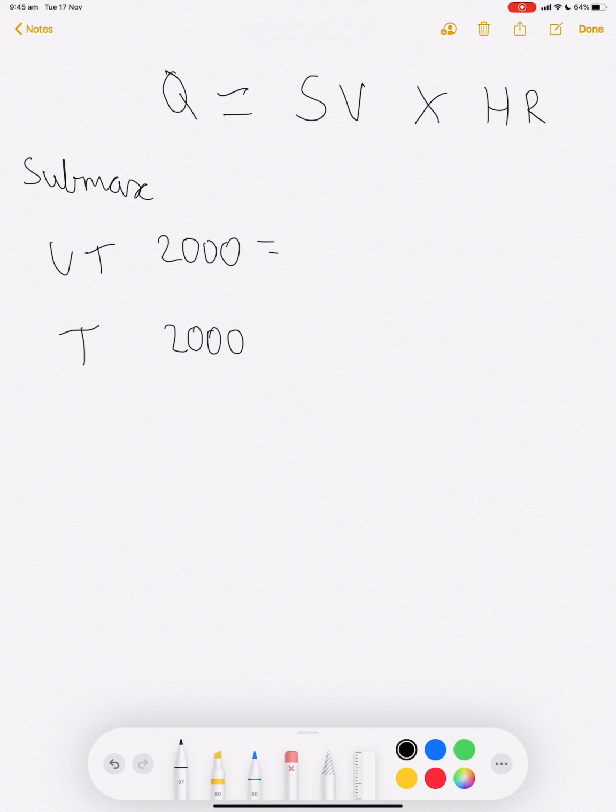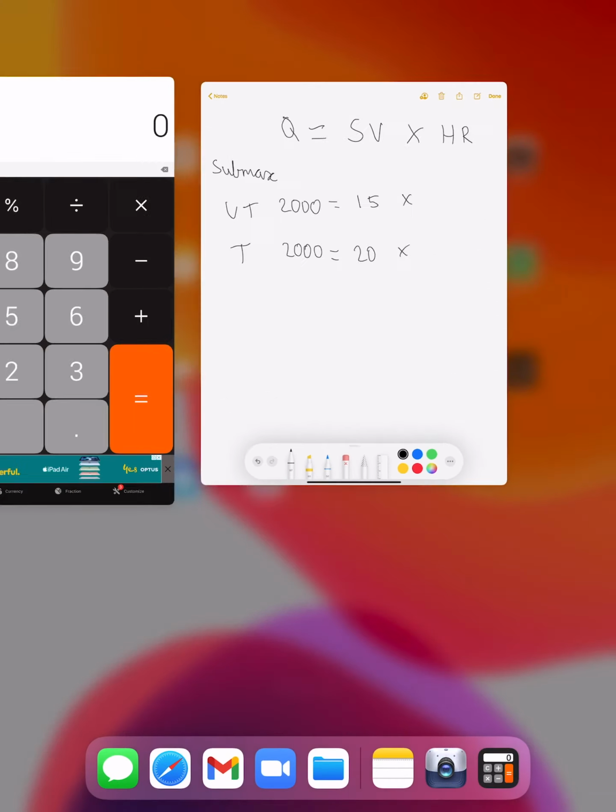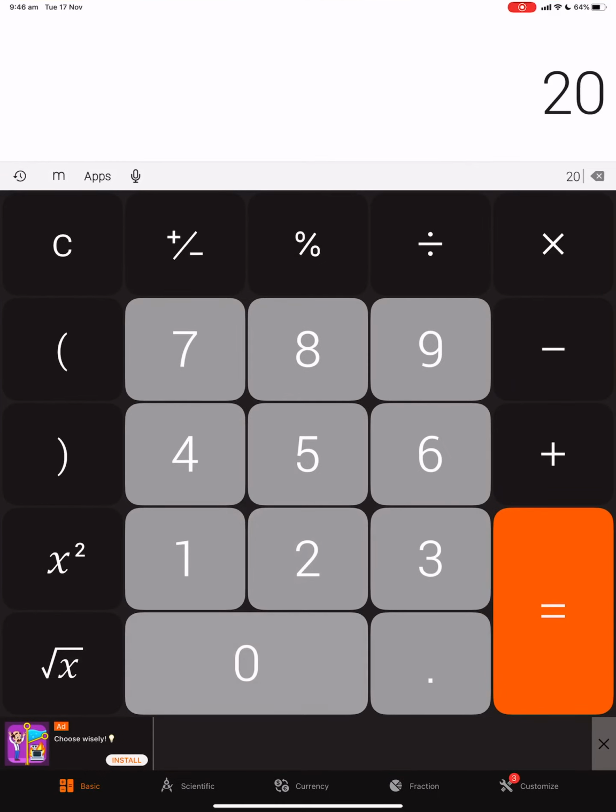The difference between trained and untrained is the untrained will have a lower stroke volume. They haven't got the increased left ventricle volume as a chronic adaptation. So they might have a stroke volume of 15 mils per beat versus a trained might have a stroke volume of 20 mils. So now it's just simple maths, right? If we've got the untrained at 2,000 mils and they can only do 15 mils per beat, then their heart rate's going to be significantly higher,